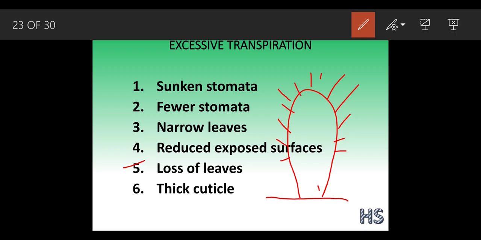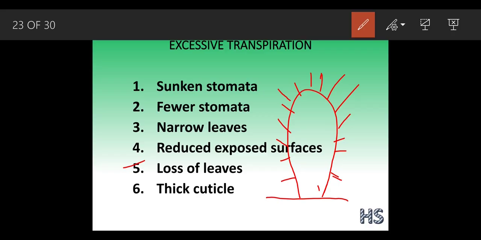As we know, the herbivorous animals are going to come to graze. Okay, they are going to eat the leaves. But here in the cactus, the leaves are not present. There is the presence of the spines. The spines are quite spiky in nature. If any of the animals come near this cactus and try to eat it, what is going to happen? They will get wounded. Okay, they will get hurt. So these spines protect them.